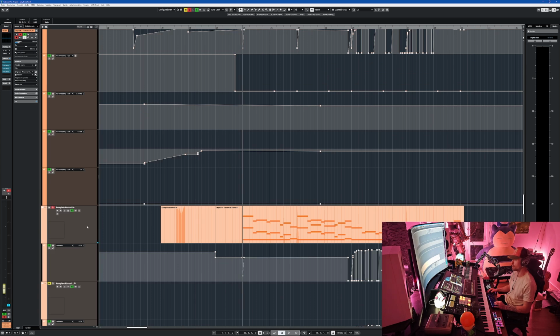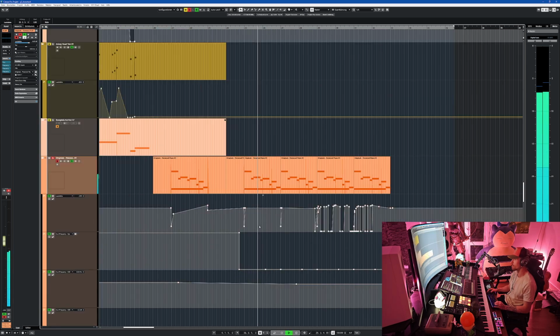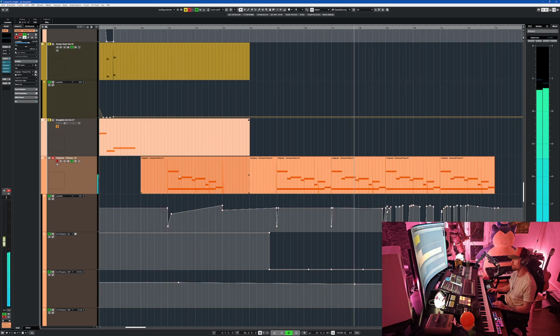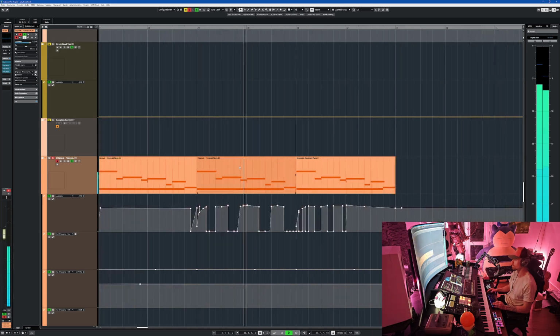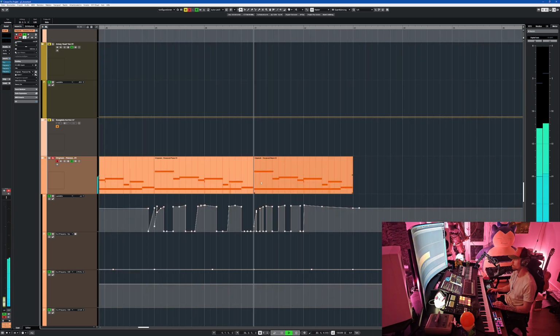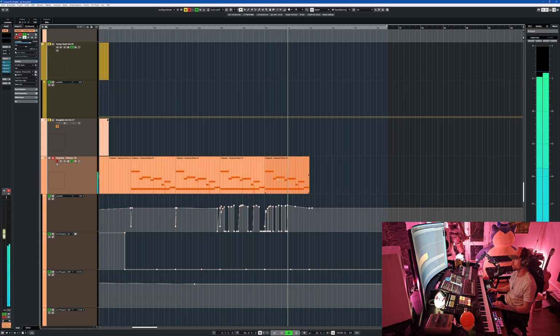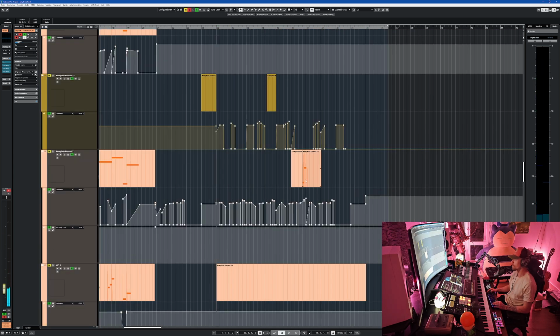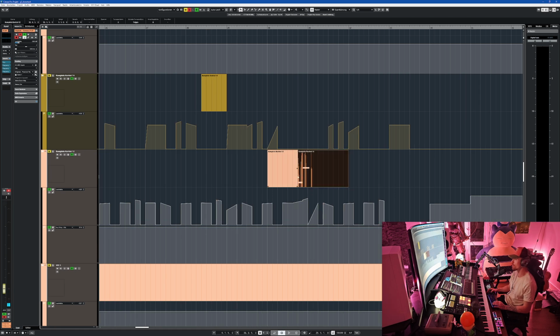So we have the firewood piano, we have the choir. Here we have this high scream in the end, by the way. This bam bam.